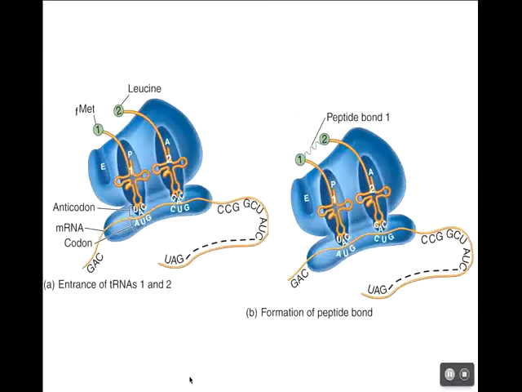I'm going to go back through it. All right, so starting here, we have our two subunits assembling together along the mRNA. The start codon is where everything starts here. At the start codon, the first tRNA is entering. His anticodon binds to the codon, and he's bringing in the first amino acid, which is always methionine. At the A site, our second tRNA binds his anticodon to the codon, and he's bringing in his second amino acid. Peptide bond forms between the two,